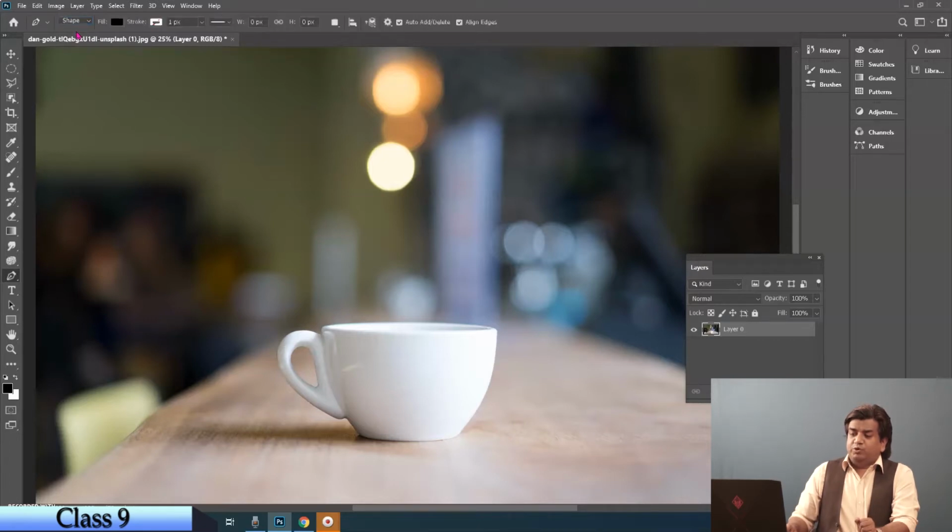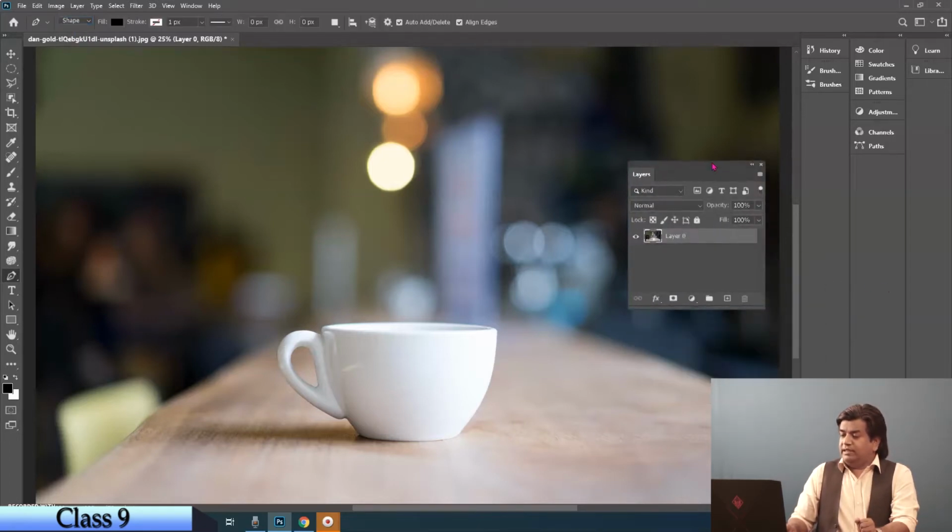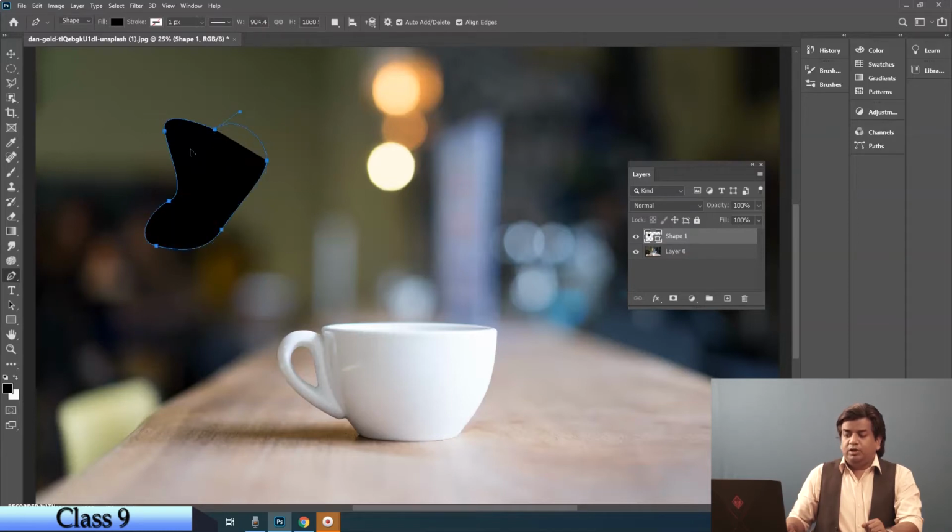Let's start with the shape tool. To understand what is happening and how things are working, you have to keep an eye on your layer panel also, along with what's happening on the stage. So I'm taking the pen tool, and when I draw something, see, it creates a shape here.